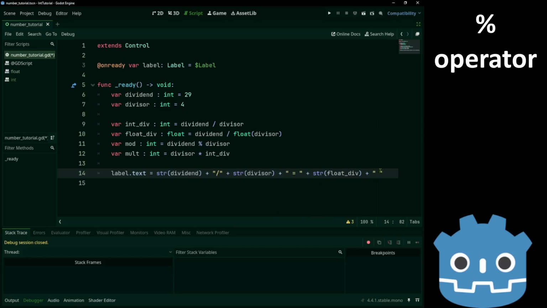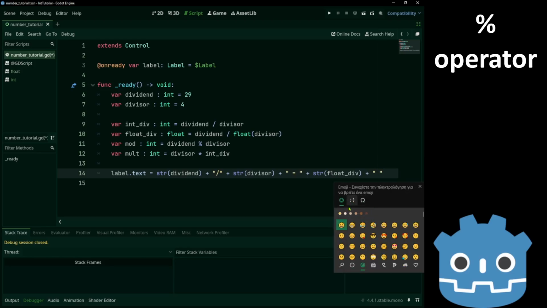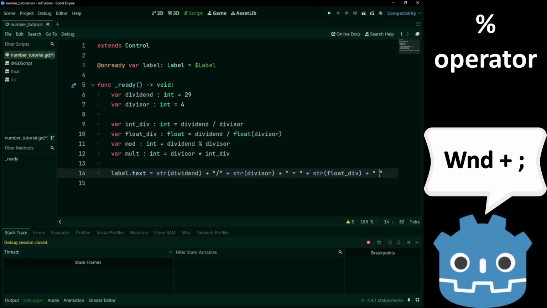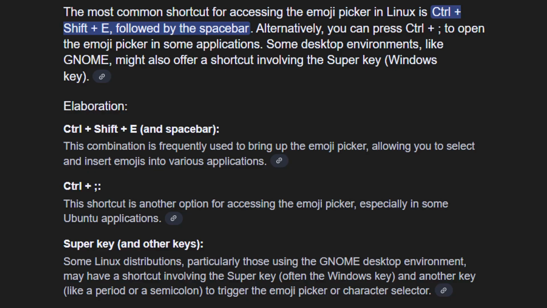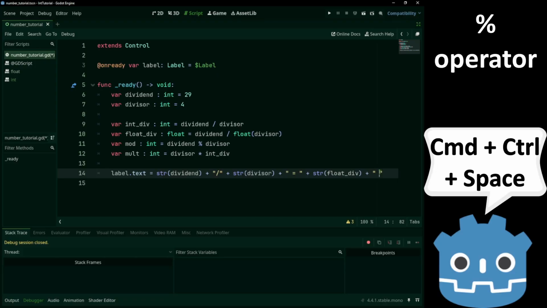Now for this I'm going to use a right arrow. We can do that by using the Windows flag and the period. To open up the emoji menu, go to the symbols and select the arrow. Another way to open this menu would be with the Windows flag and semicolon. A Google search for Linux has given 3 choices. If you are on Mac, you should be able to use Command Control Space.